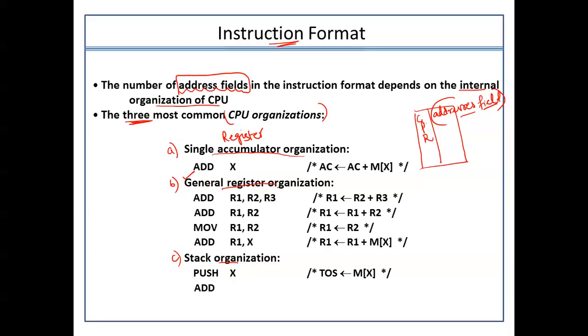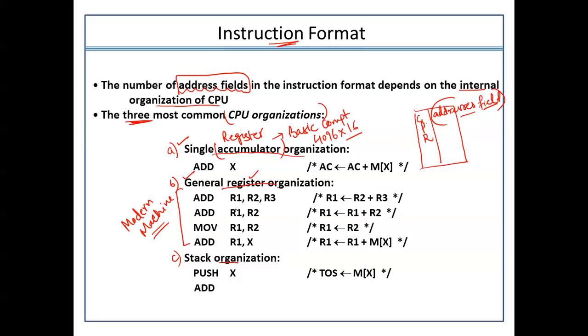If your machine is using the basic computer capabilities, meaning your machine has a very small configuration like 4096 cross 16 in size, then only one general purpose or processor register will be more than enough. That's why one categorization is the single accumulator organization. The second one is the general register organization. So usually the modern machines which we are working with have their processors organized using this organization.